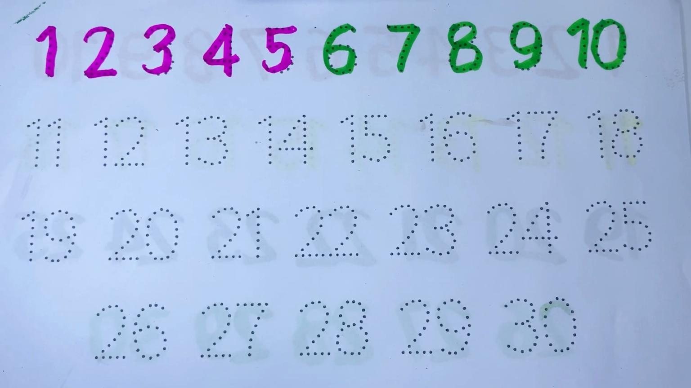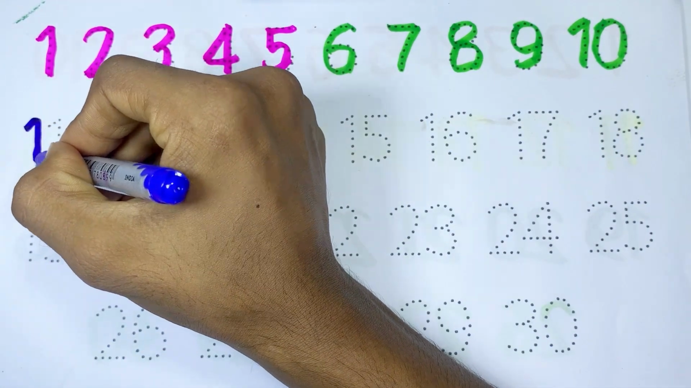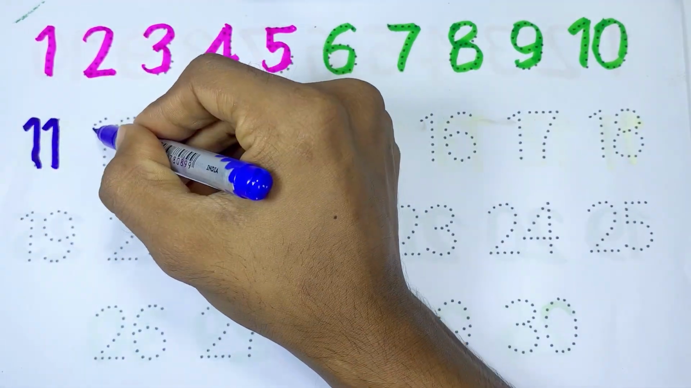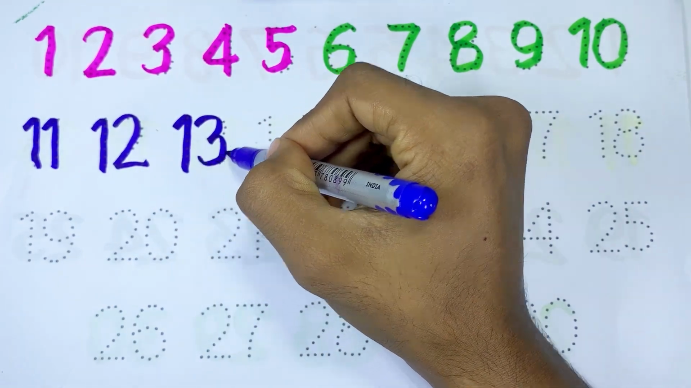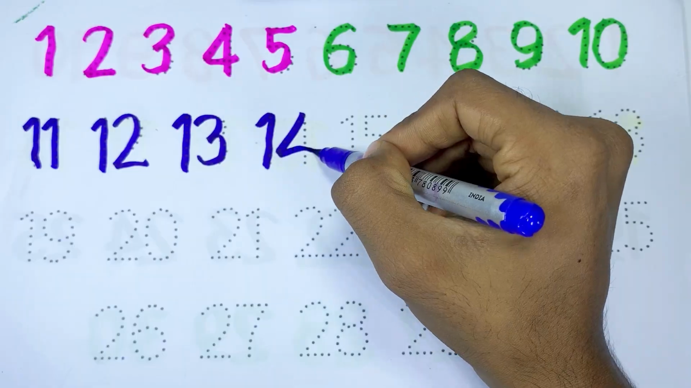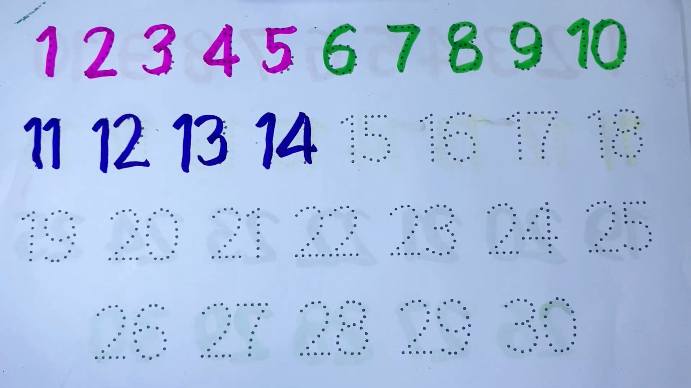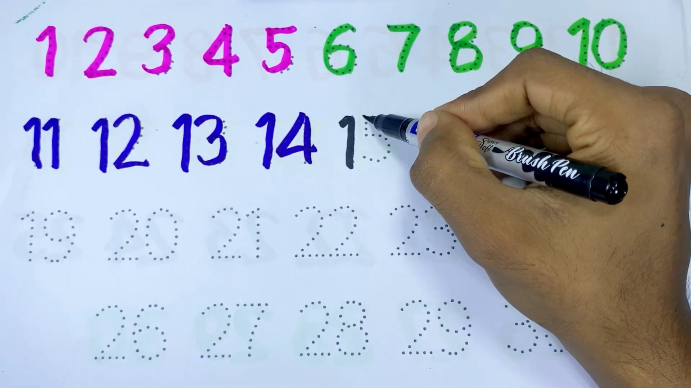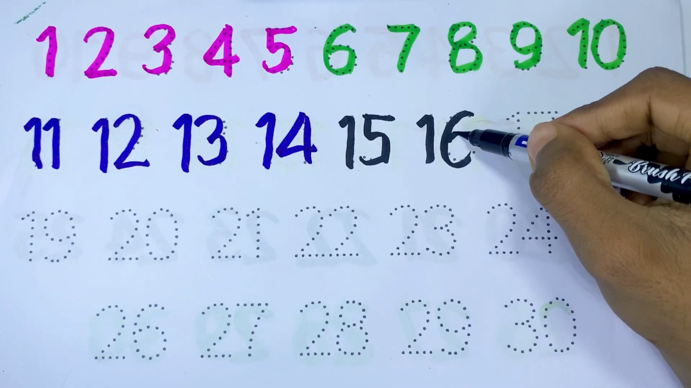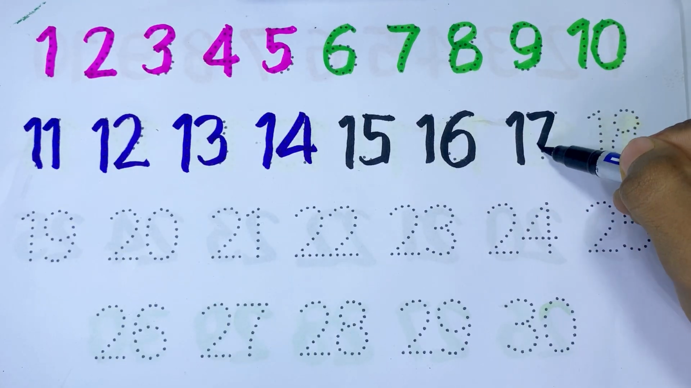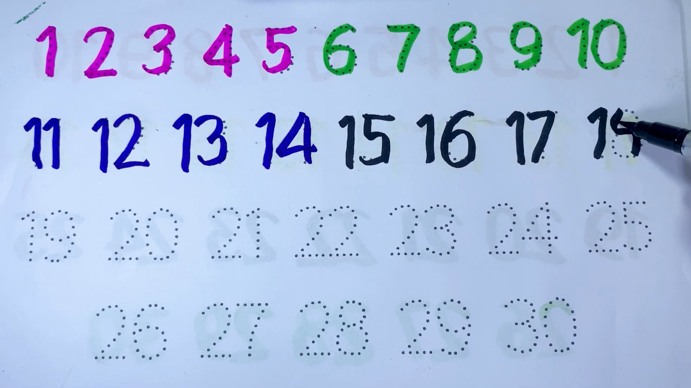The numbers of 11, 12, 13, 14. It's now you draw 15. The numbers of 15, 16, 17, 18. It's now you draw 19. The numbers of 19,